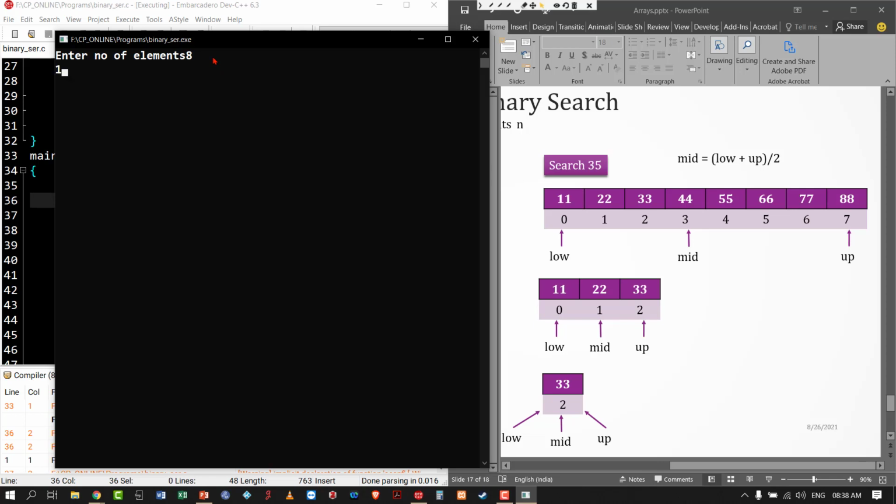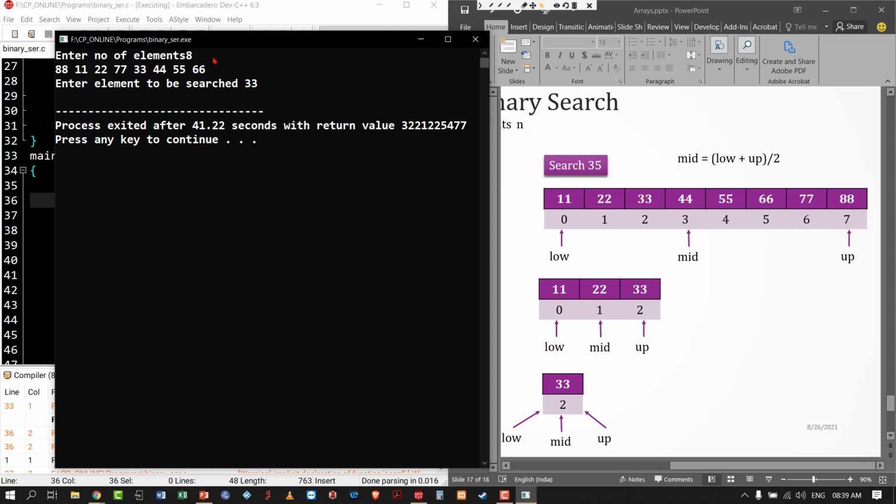I'm entering the elements, you can enter in any order: 88, 11, 22, 77, 33, 44, 55, 66. Then I am giving the element to be searched. Here, first I am entering 33. So I didn't get the output.